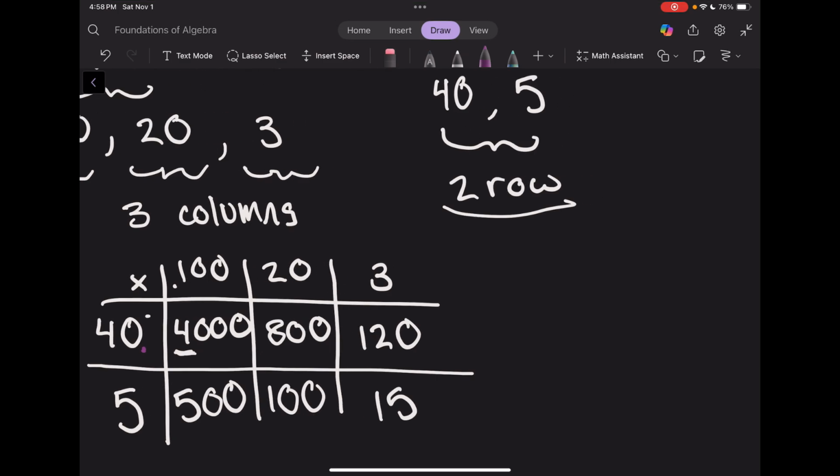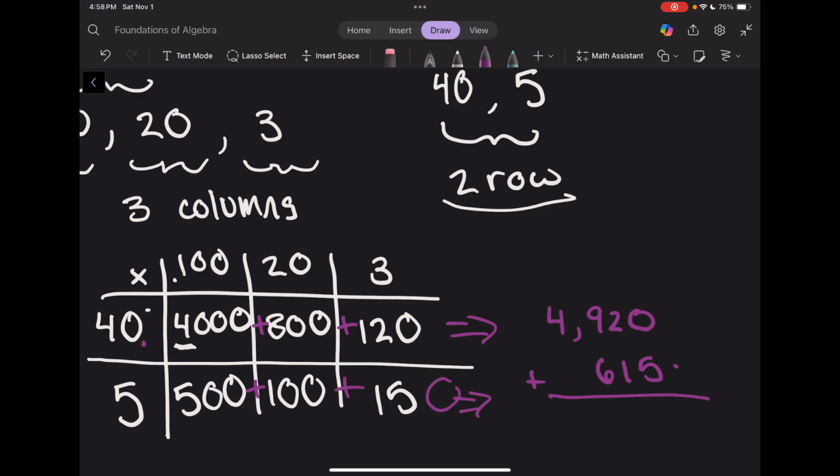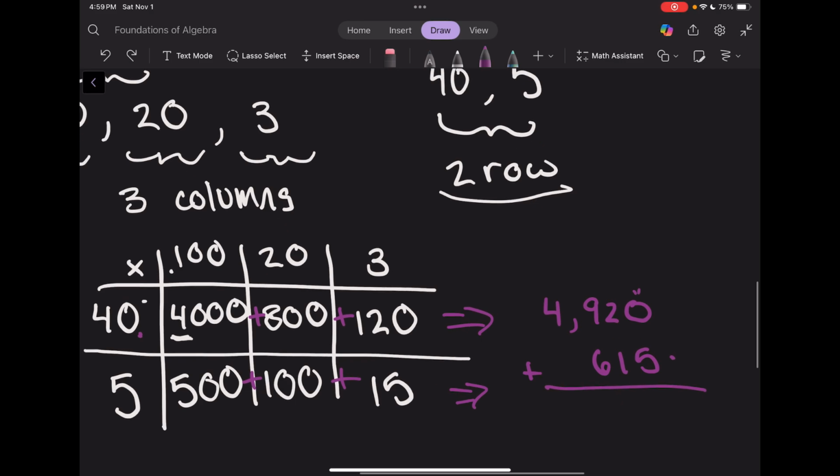Alright, so now that we have the boxes complete, let's add them all up. So we're going to have 4,920 plus 615. This is from this row here, and this is from this row. And now we're just adding them together, so